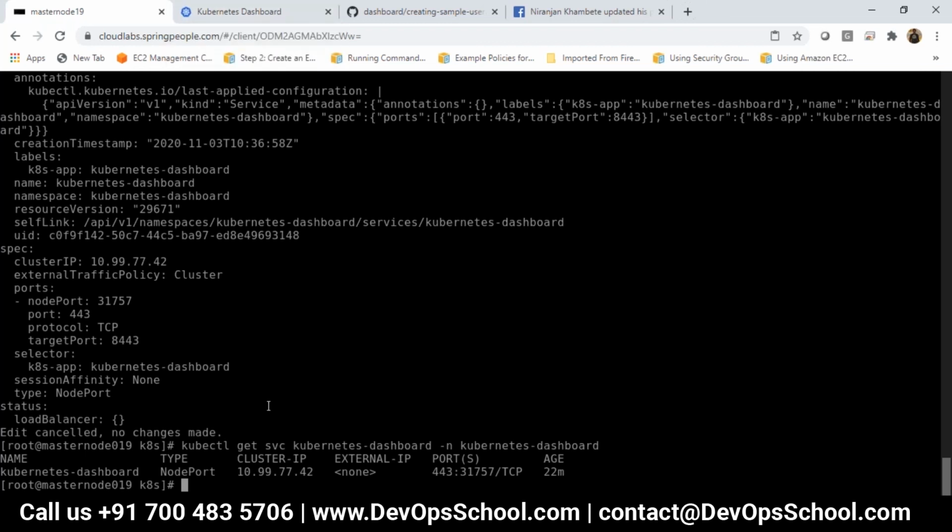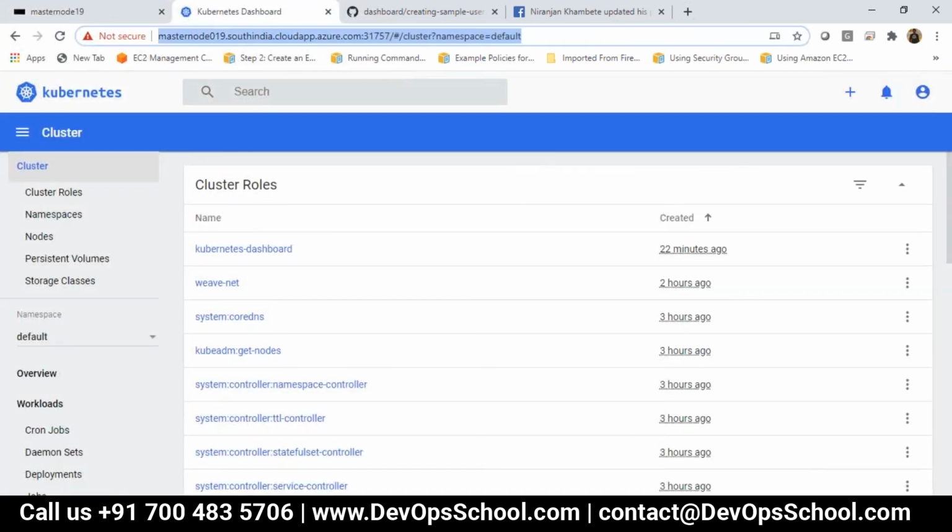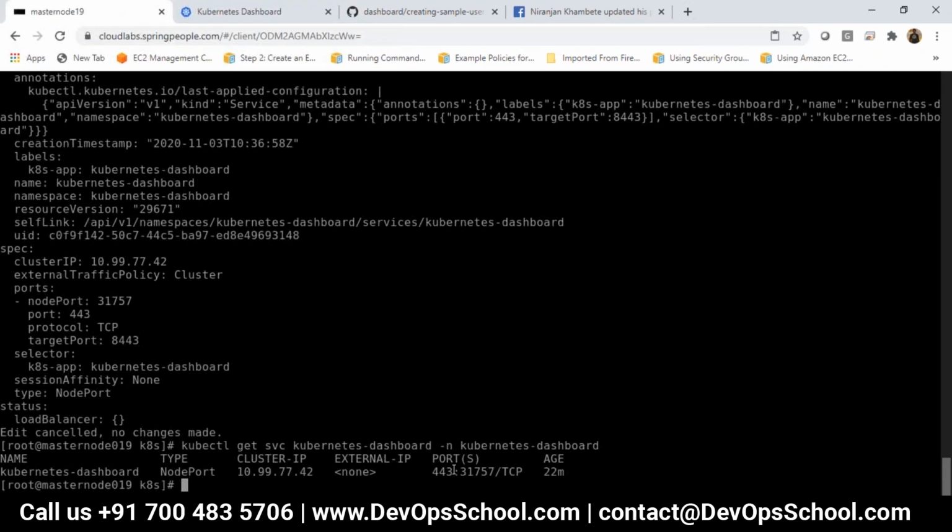First do kubectl get svc. Can you see the port number? Yeah, we are able to see that. Yeah, the URL before that, HTTPS. Yeah. Here you can see that it has been internally exposed on 443.